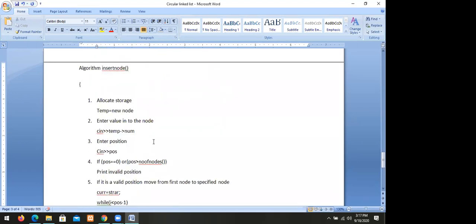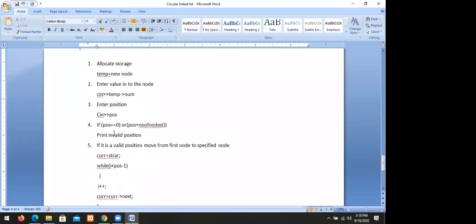So how to insert a new node in a list? What is the procedure? First of all, you have to allocate the storage. How can we allocate the storage? By using the operator new: temp equal to new node. When you write temp equal to new node, the system will allocate the storage. Then enter the value, cin temp arrow number. Then you have to enter the position also. Check whether it is a valid or invalid position.